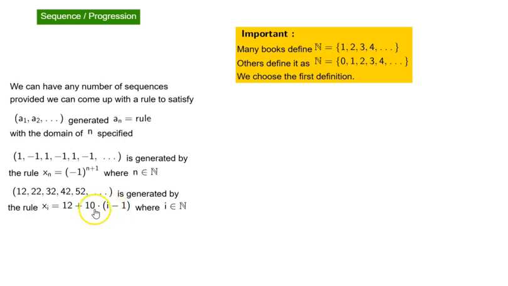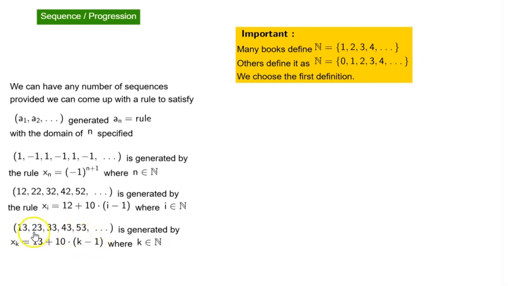So, this will become 0 only when i is 1. If it is 1, 1 minus 1 is 0, 10 times 0 is 0, so 12 is repeating. So you have to be very careful with this i business. Okay, again, 13, 23, 33, pretty straightforward, very similar to that, is generated by x sub k is equal to